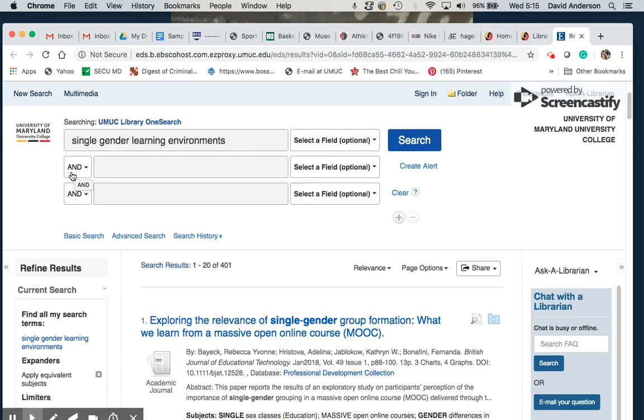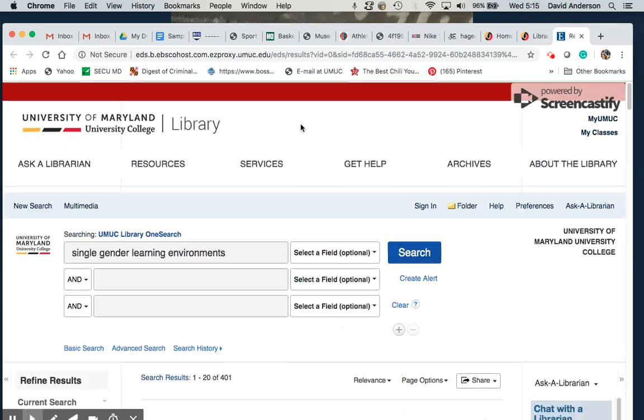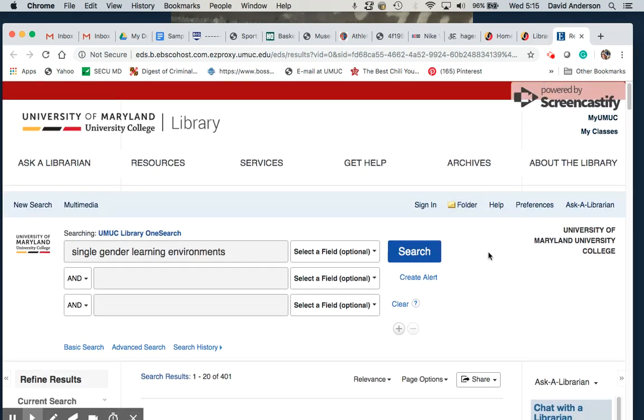Now, if I use these characters, which are called Boolean characters, and they are limiters, they help to focus. So I want you to think of your learning like a funnel, like this. You are putting in large terms, and then you're refining those terms. And the filter of UMUC's library takes all of that information and produces a list result of the